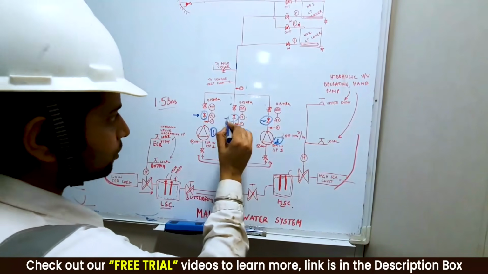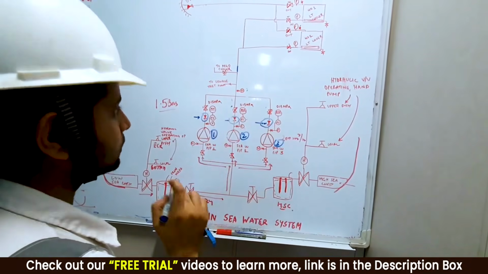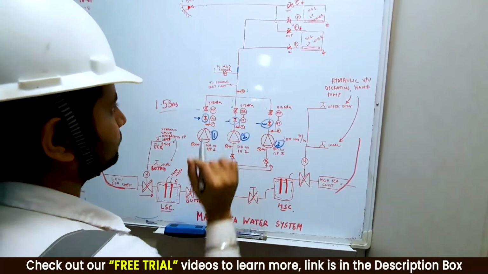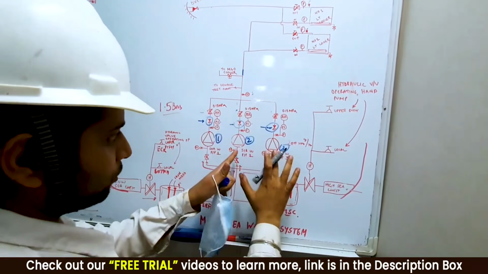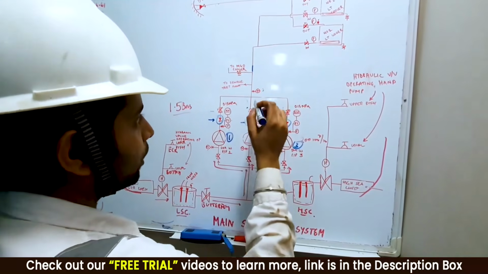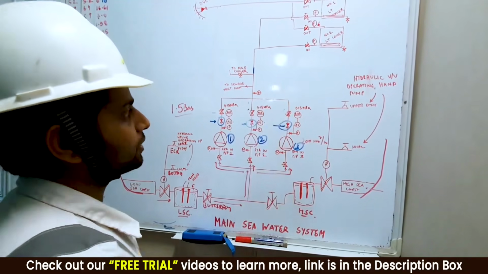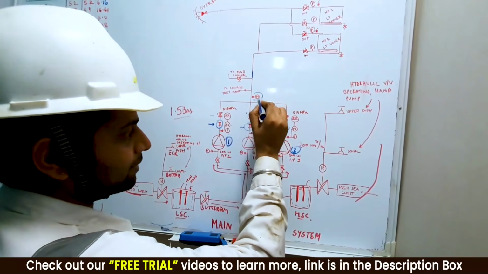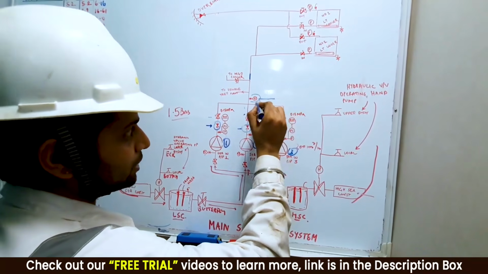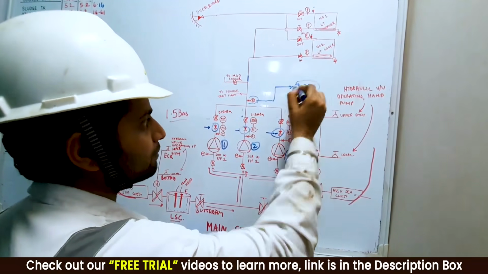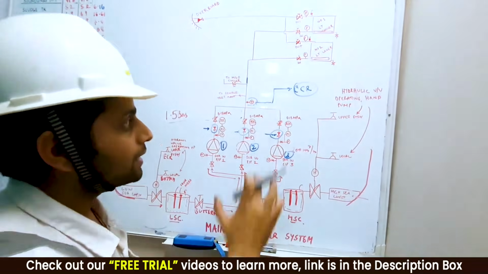Copy, guys? So this non-return valve has a very, very good importance. Now after this we have this butterfly valve, and then water flows up over here. Suppose number 2 and number 3 are not running, number 1 is running, and water comes from over here and is going up. Now I have a pressure transmitter fitted over here. So in this main seawater pipeline, the common line, whatever the pressure is, the pressure transmitter will give me a signal in the engine control room, and I can see remotely how much the pressure is in this line over here.